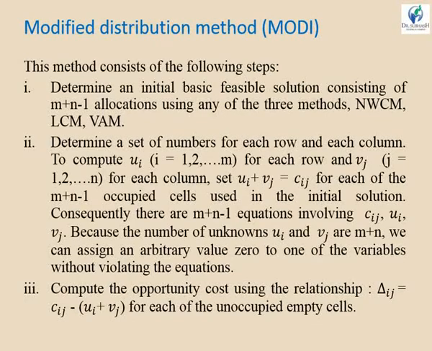Clear? So we will find all those ui and vj depending on the number of rows and columns. We will arbitrarily take any value of ui or vj and assign it equal to 0, and then find all the other variables. Again, that depends on the number of rows and columns. ui stands for rows and vj stands for columns. Third step,